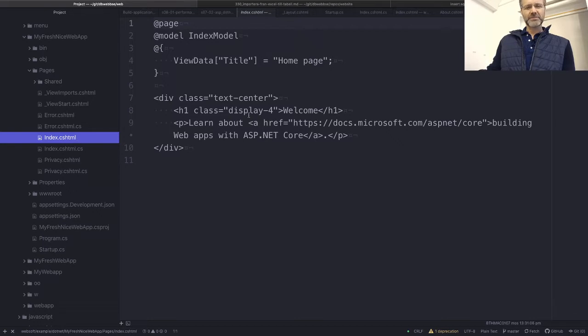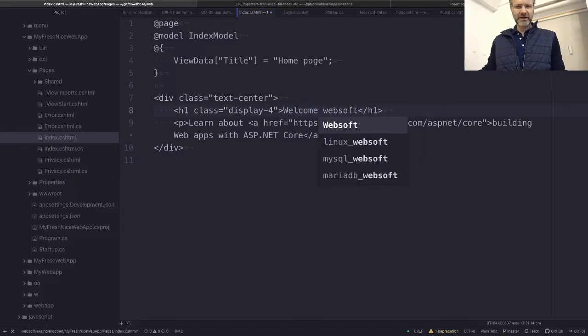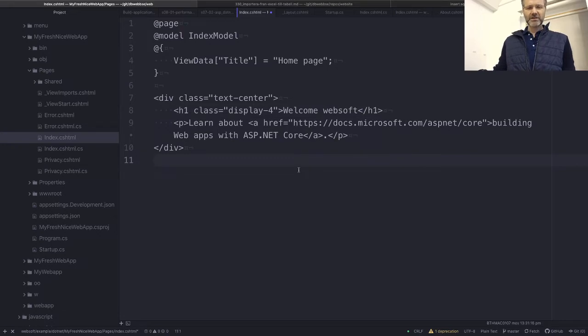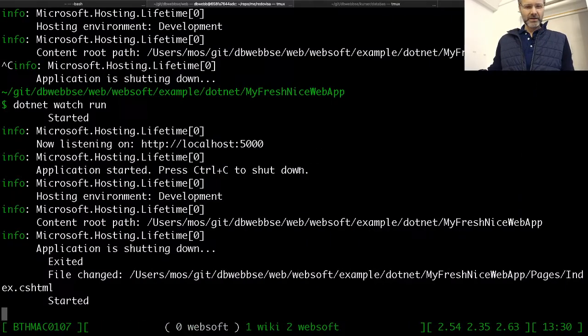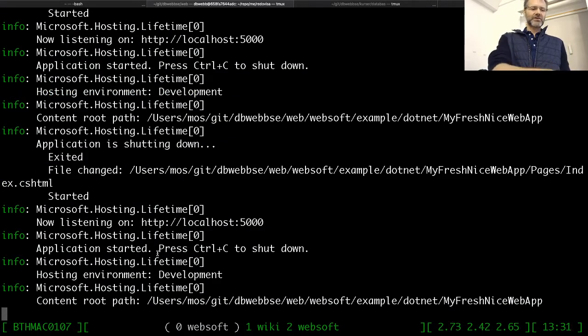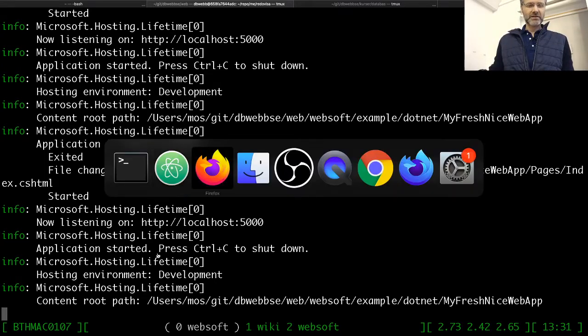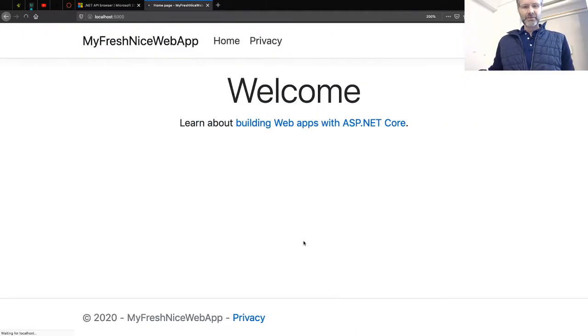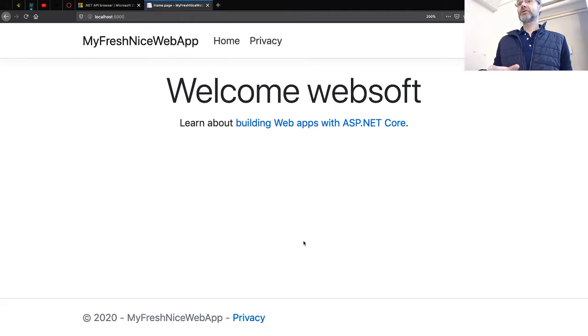So I got an index page. It more or less shows some welcome there. So welcome something Websoft, just to see if we can change anything. So I save that. And just this output, you see it's restarted. Okay. Yes. So I should be able to head on there and just reload the page and it's up and